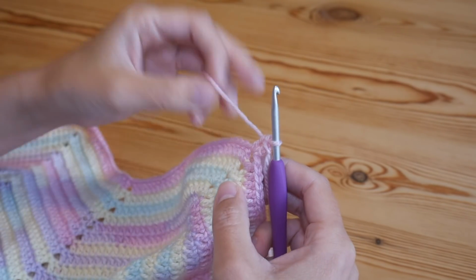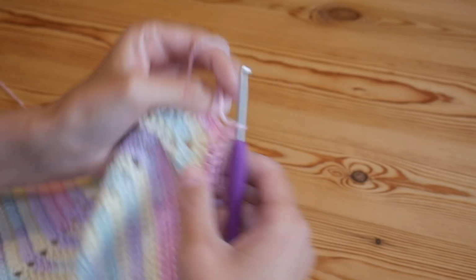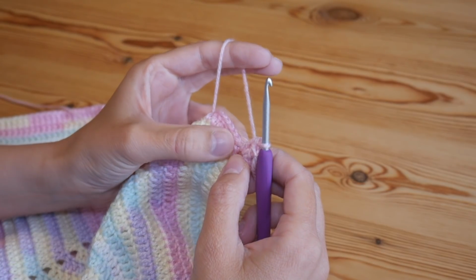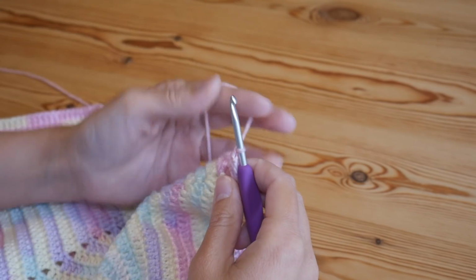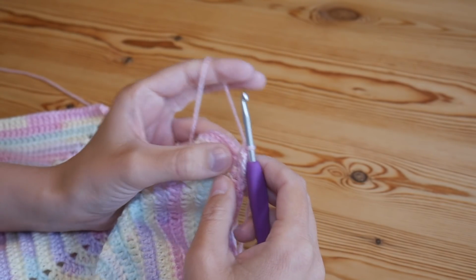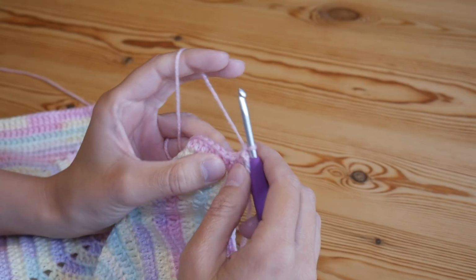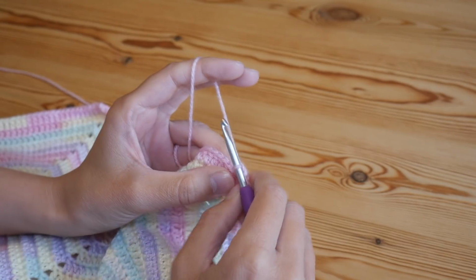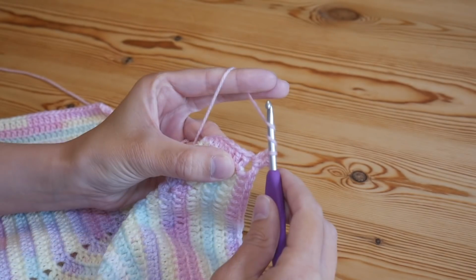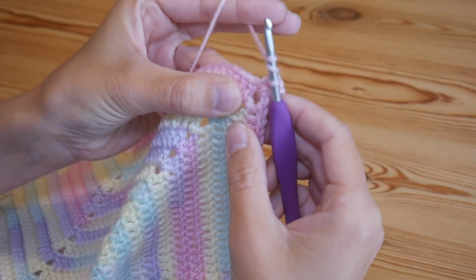So that is the first half of our corner space complete. And then to create that lovely ridge, we are going to be doing back post double trebles. So back post double trebles, or back post trebles in the US. So yarn over your hook twice,